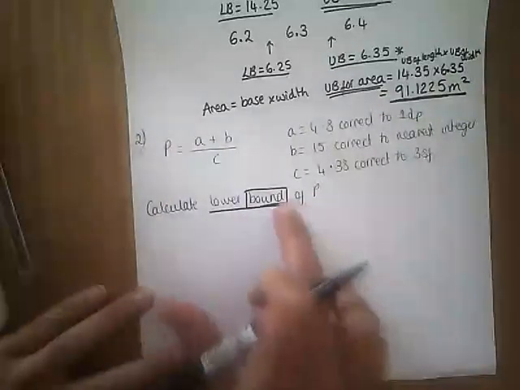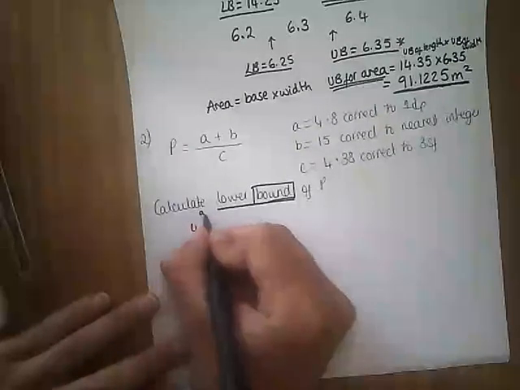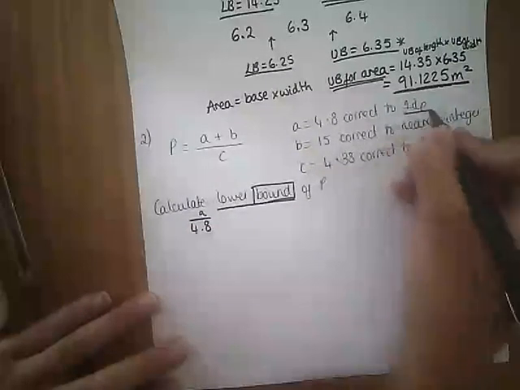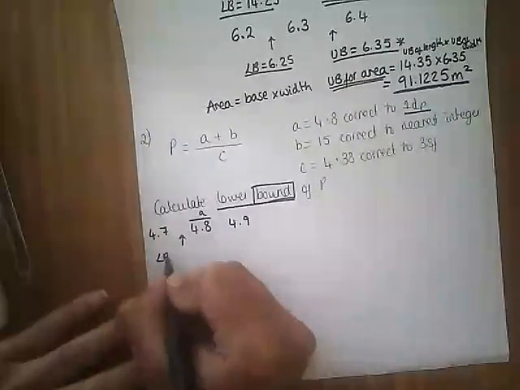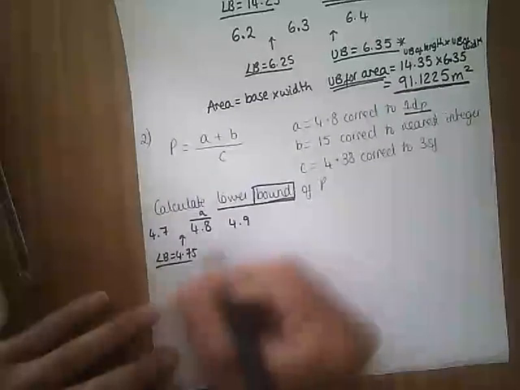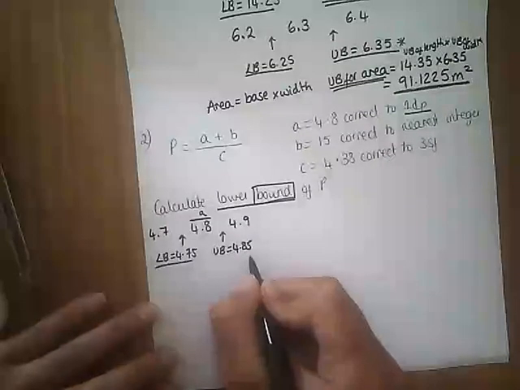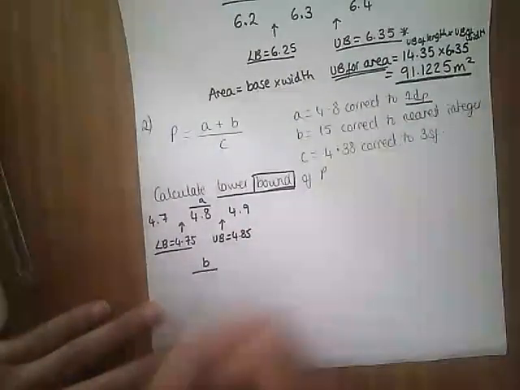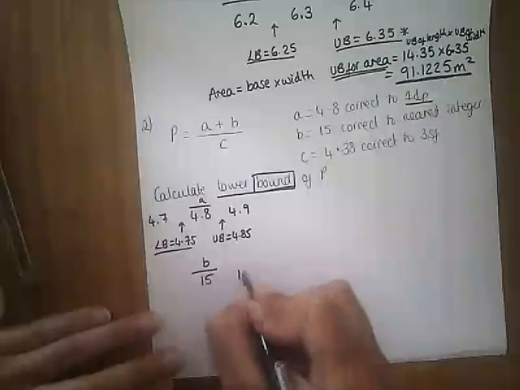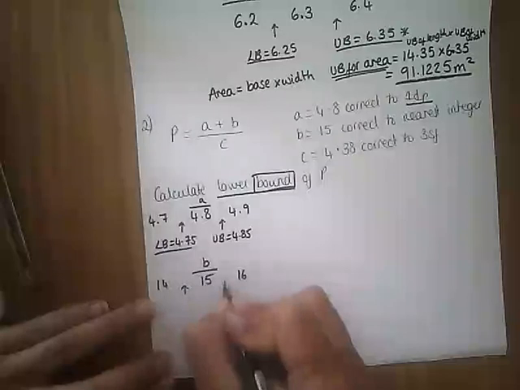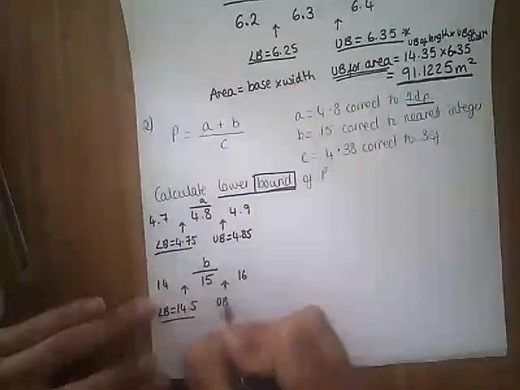The minute you see bound, you just start cracking on with all the bounds. So A, we've got 4.8. We need to go 1 decimal place higher and 1 decimal place lower. Our lower bound is going to be 4.75 and our upper bound is going to be 4.85. Then we take the number B. So we've got 15 to the nearest integer, so we go 1 integer higher, 1 integer lower, halfway between. So our lower bound is 14.5 and our upper bound is